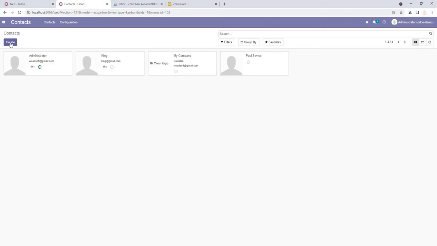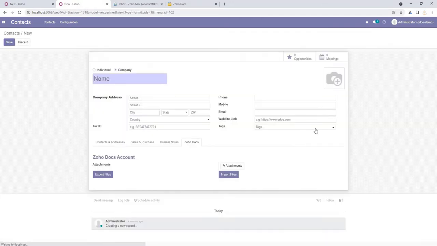Okay, we are in the contact module, and we are going to test out the send mail option to different email IDs or different contacts. So I'm going to create a new contact.